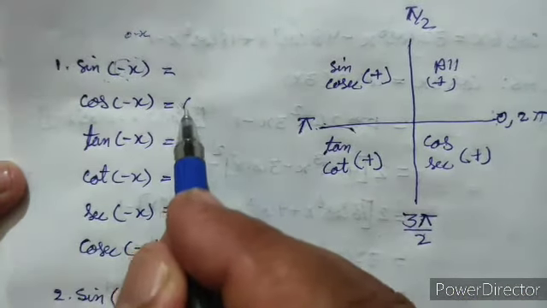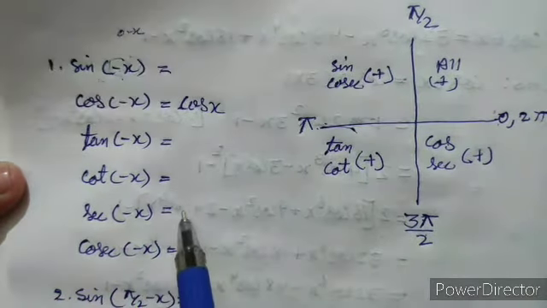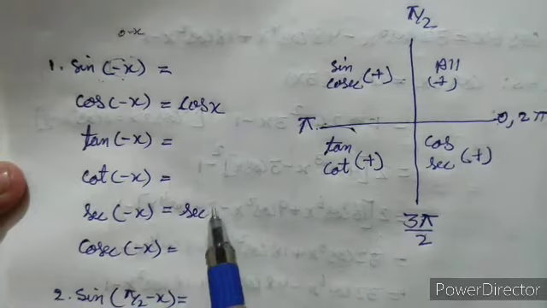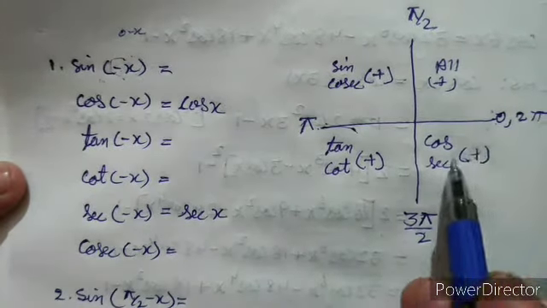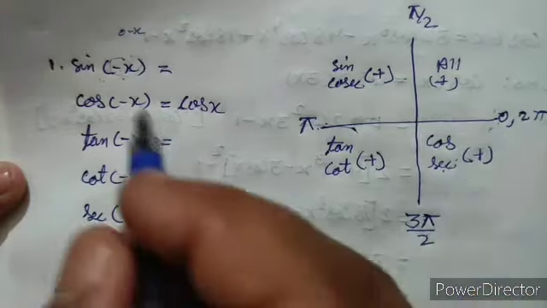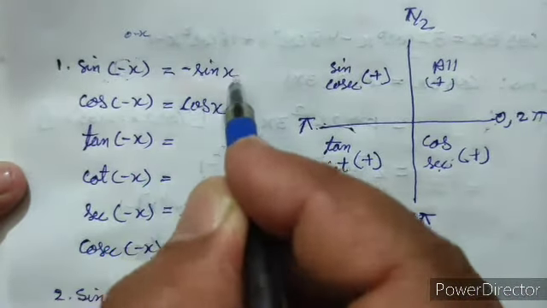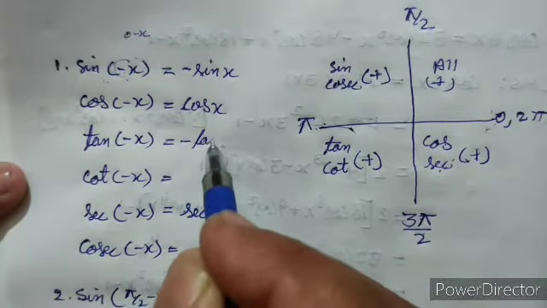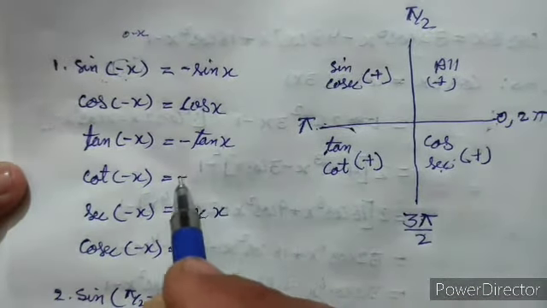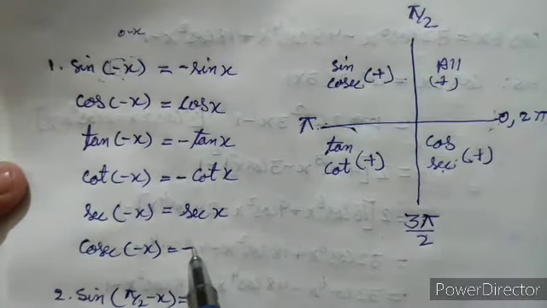So cos minus x will be equal to cos x and sec minus x will be equal to sec x. But the other trigonometric functions are negative in the fourth quadrant. So sine minus x will be equal to minus sine x, tan minus x will be equal to minus tan x, cot minus x will be equal to minus cot x,